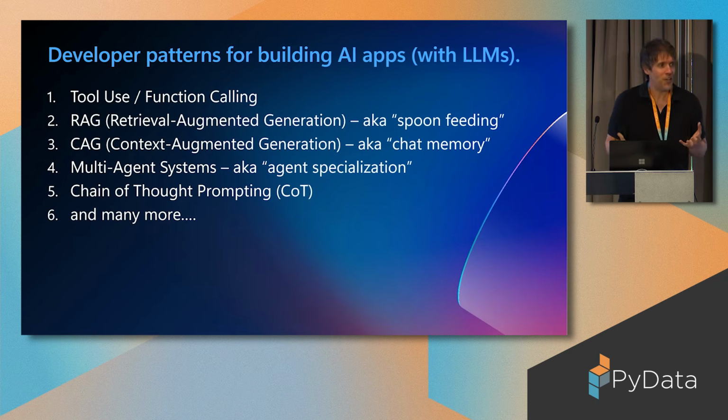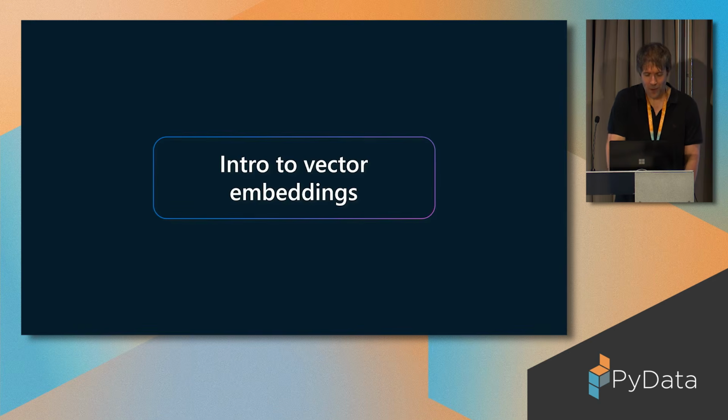And what are you doing here? You're making your end-to-end application more deterministic, more predictable. You're not relying on the LLM to do everything and generate its own code, which it is perfectly capable of doing, and it could generate garbage. You're just saying, get me the context and get me the parameters that are required to call this function, and everything else is deterministic. And pretty much all of the other patterns are driving at the same thing. Let's be honest, we're trying to stop the LLM from hallucinating and making mistakes. So anyway, that's that out of the way.